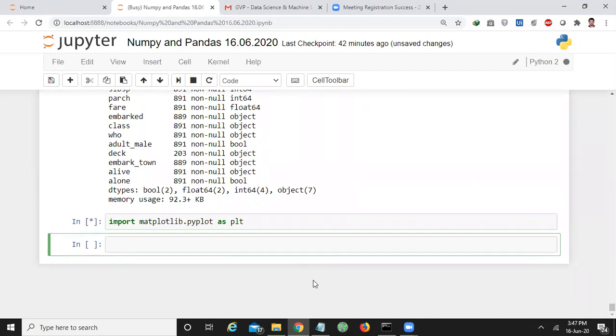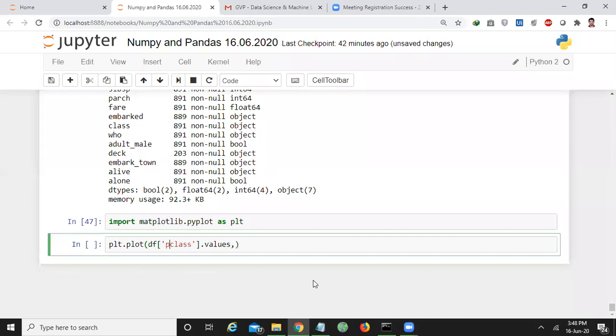This package allows us to study data visually. For example, I want to plot the data of P class, that is passenger class values.